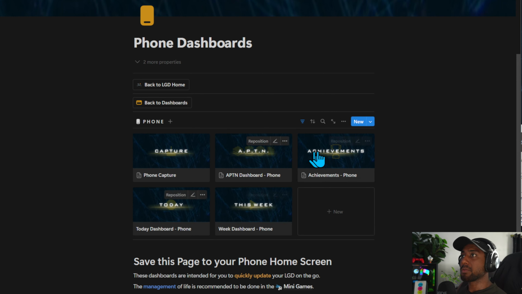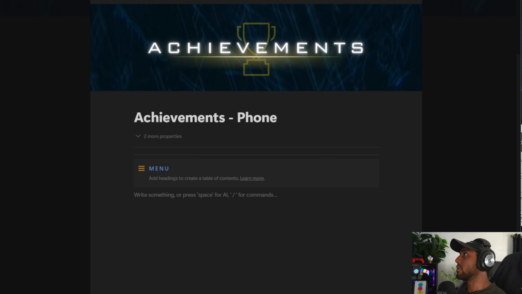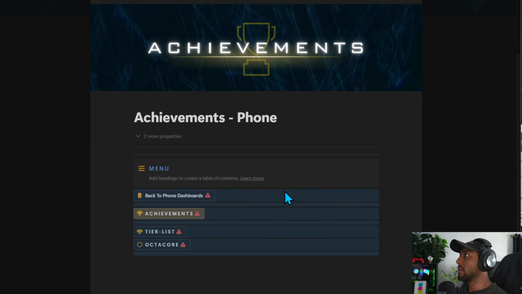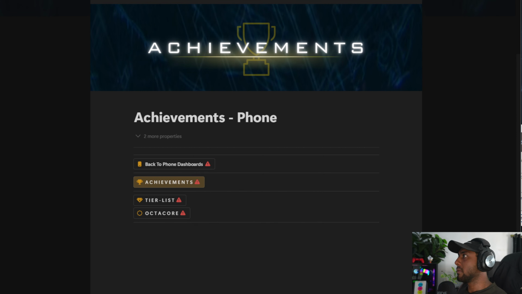Okay, so now we're on to doing the achievements dashboards for phone. Again, I'm gonna reference the light version, copy over some assets. So this is what it looks like. Get rid of this menu. And start linking and creating pages. So I'm just gonna see how it is. Okay, cool. So I just need to make